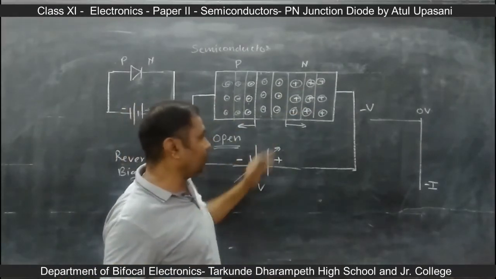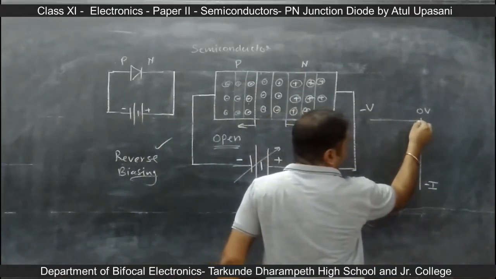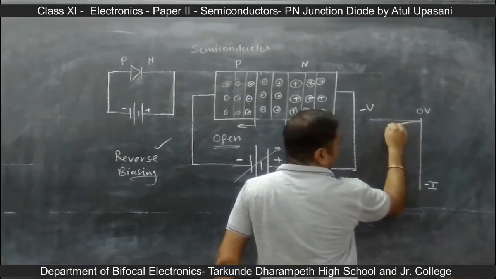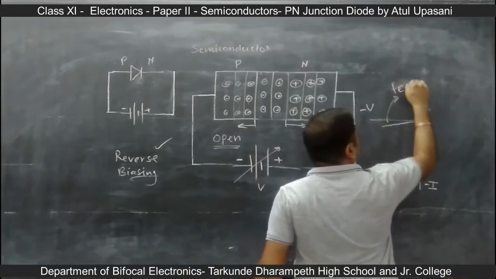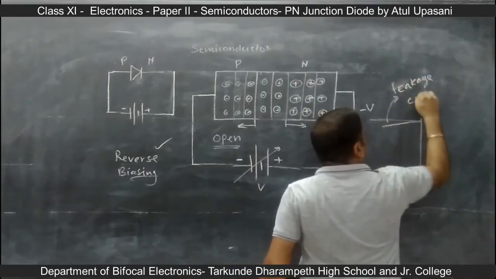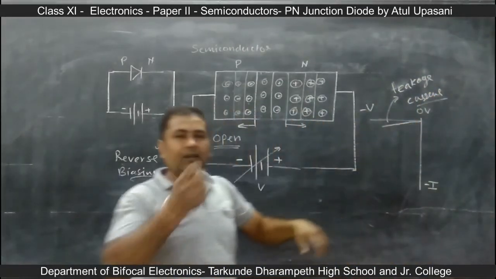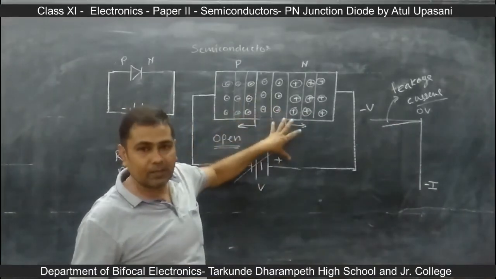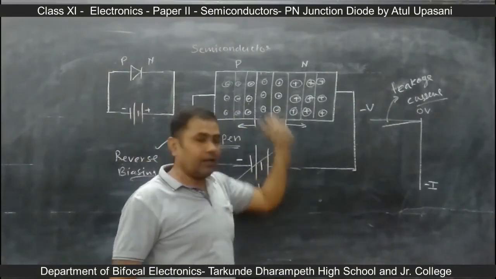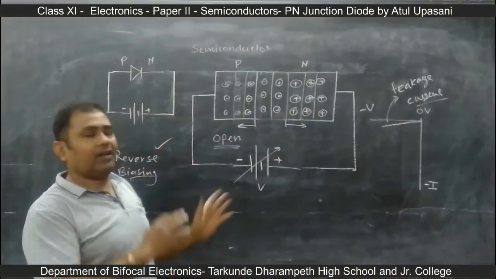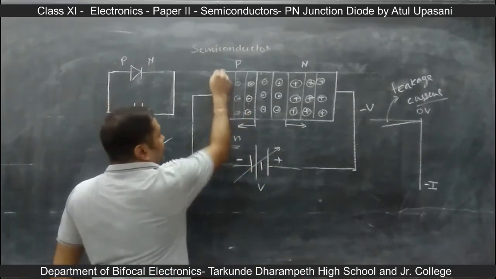So when the reverse bias voltage is gradually increased from 0 volt, a little current will flow due to the minority charge carriers, and this current is called leakage current. And due to this, there will be a slight current conduction during reverse bias. So if the resistance is increasing like this and the voltage is increased like this, up to a certain level this process will go on. But if the physical area is